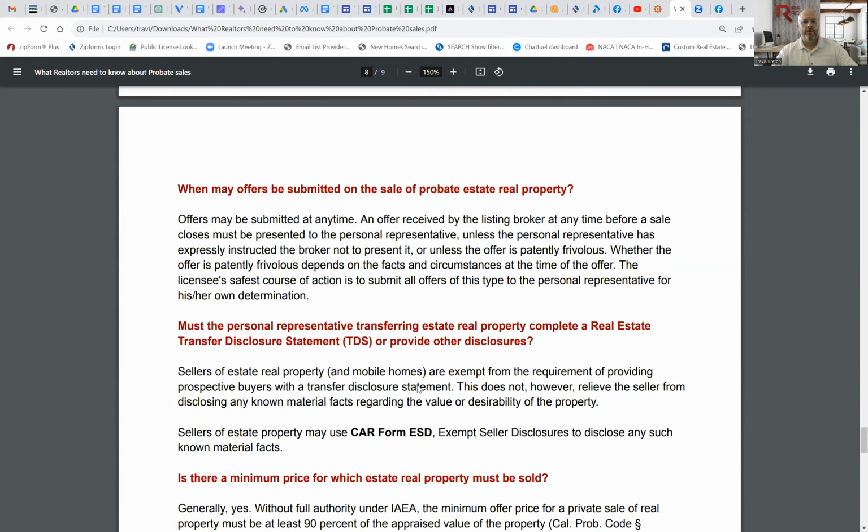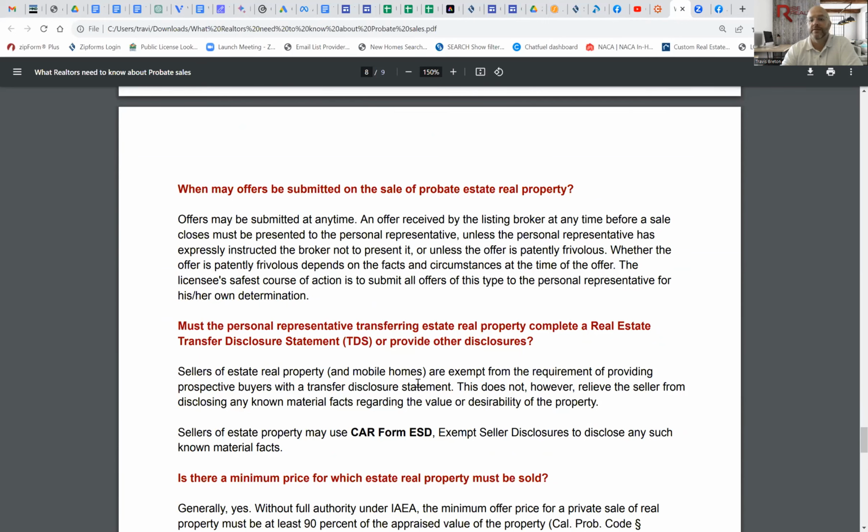And a couple more Q&As here. So when may offers be submitted on the sale of probate estate real property? Offers may be submitted anytime. An offer received by the listing broker at any time before a sale closes must be presented to the personal